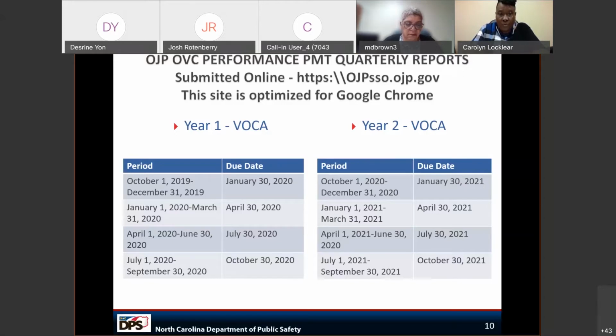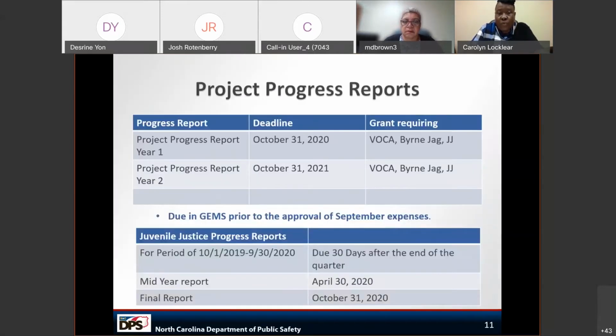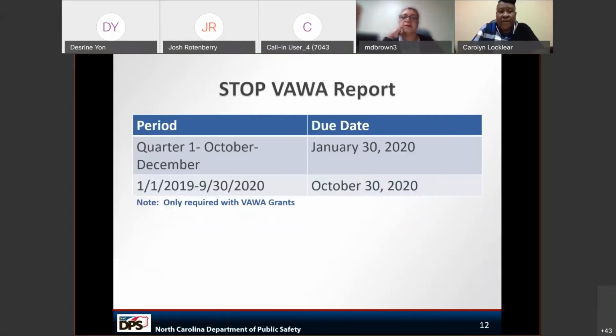For the VAWA reports, you need to make sure that the VAWA reports validate before you upload them into the GEMS system, because if they do not validate, then GCC, your grant administrator, will send it back to you with modifications. And they are due from October through December, and then from January to September. And they are due 30 days after the reporting requirement period. And if you do not have them submitted as well, you will be placed on a GEMS hold.